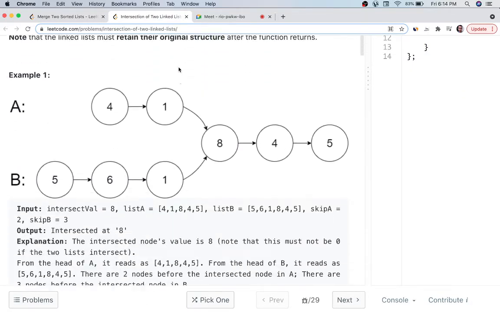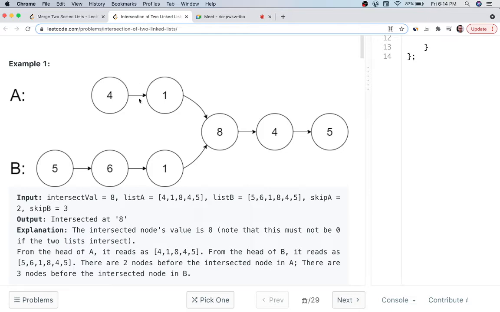So let's try to find an approach. We will take 2 pointers, one pointing to the head of one list and the second to the head of the second list. So we'll start from this node.